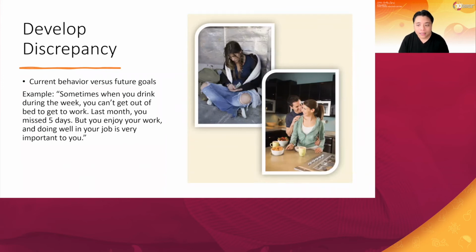Okay, so if the goal is to be really good at work and to keep the job, then there are certain behaviors that the person has to realize that he or she should do so that he or she can keep that job. So it's simply helping the patient realize that what they're doing now is not leading to achieving the goal that they have set for themselves. Once they understand this, then that can be a motivation for them to actually change certain behaviors so that they are able to achieve their goals.